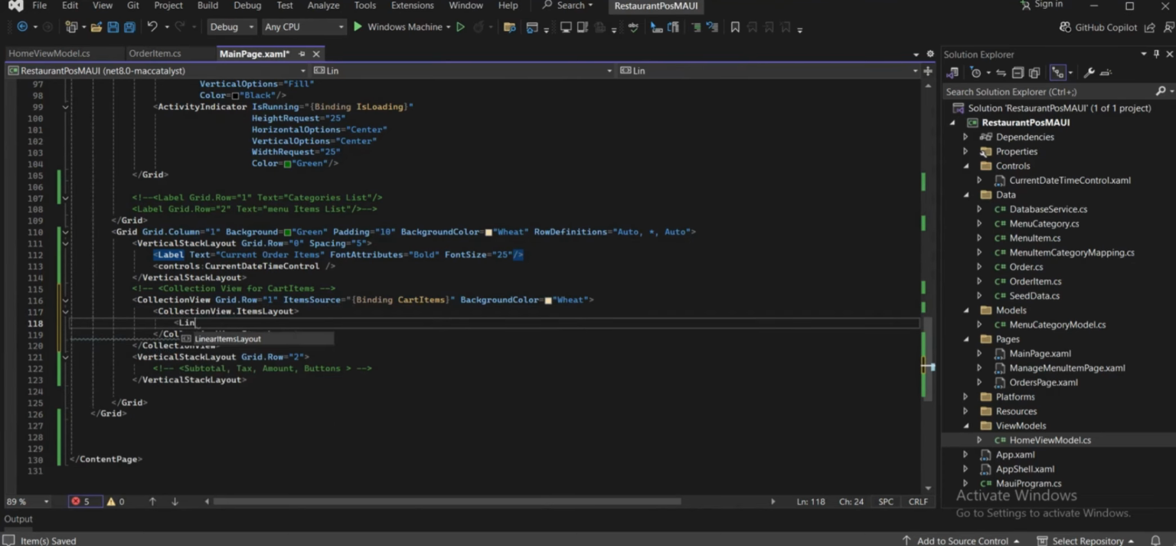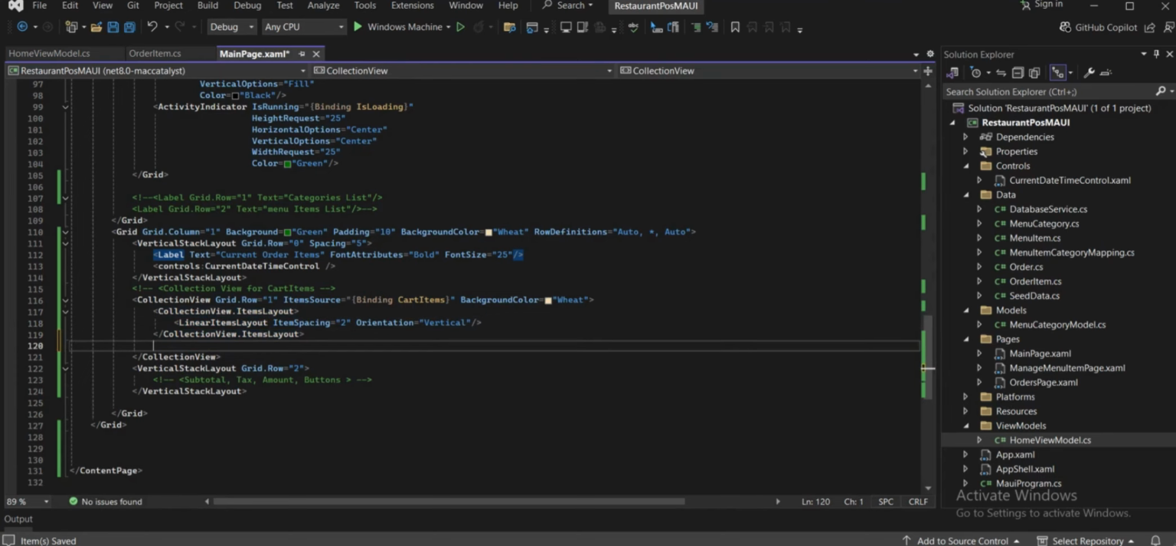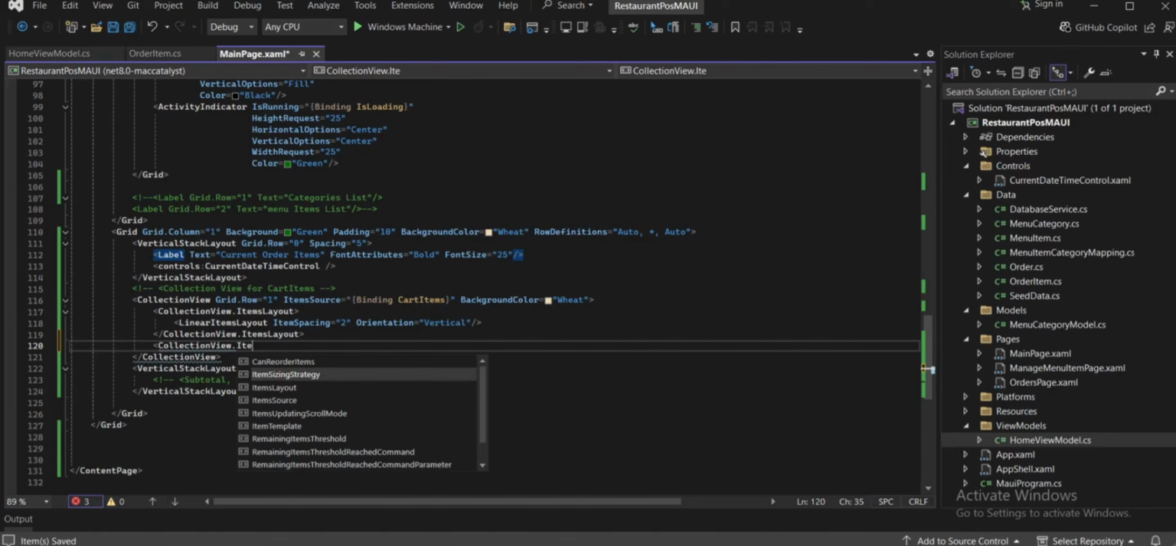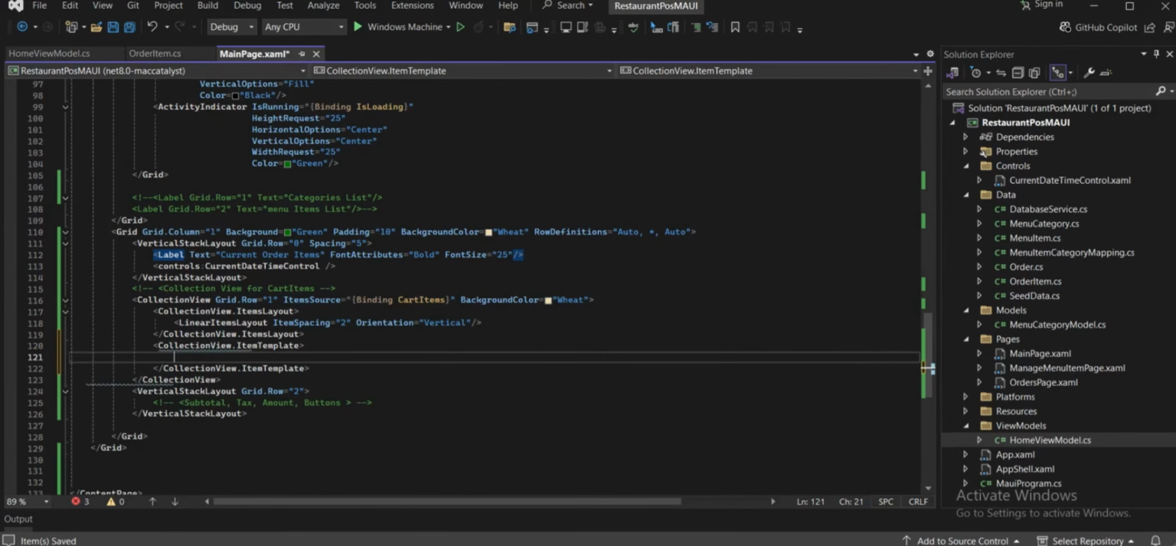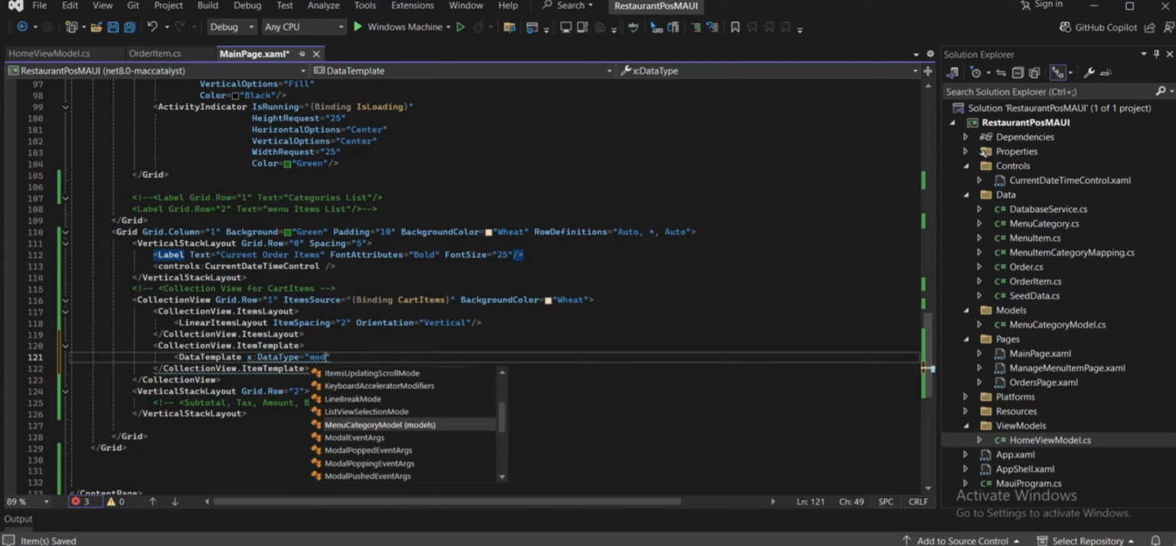And here we will create a linear item layout in which we will do an item spacing of 2 and the orientation will be vertical, and that's it. After this, we will just call our data template here inside the section view. Okay, we have opened the controls. Section view dot items template, and inside this we will just call our data template. And inside the data template, we will just do a data type of models, and it should be a cart